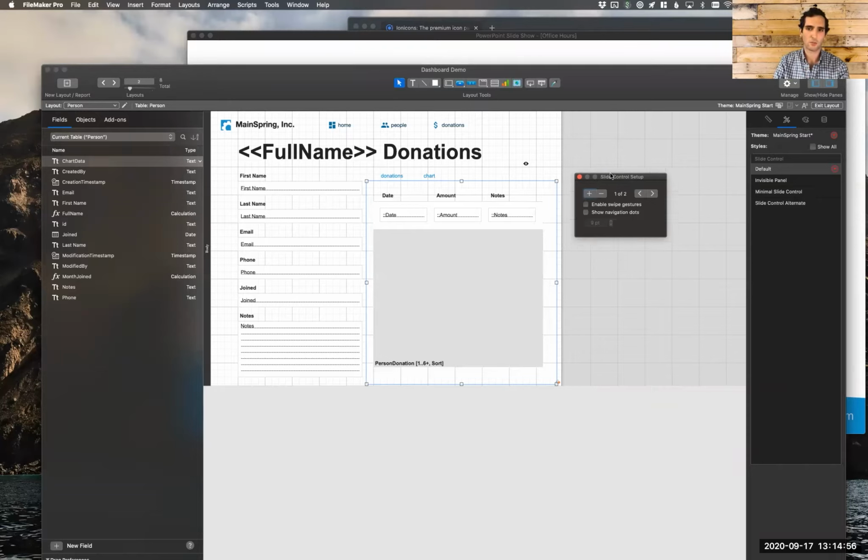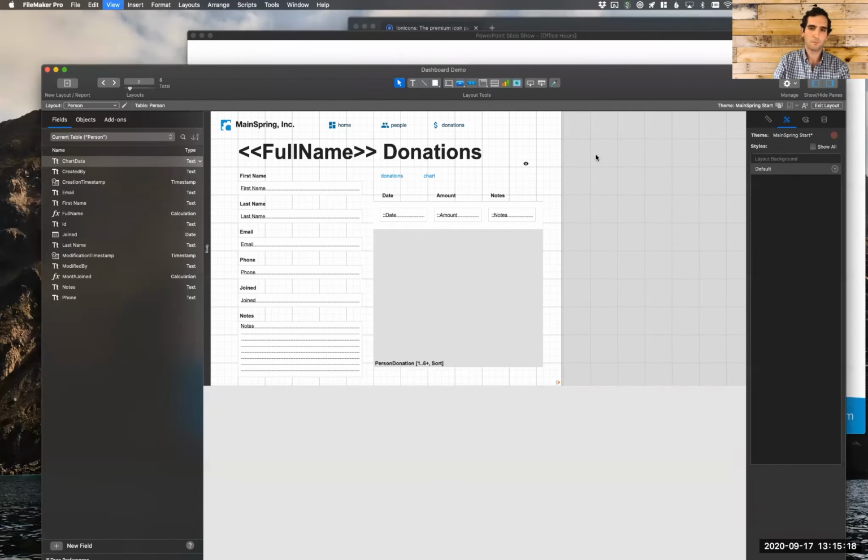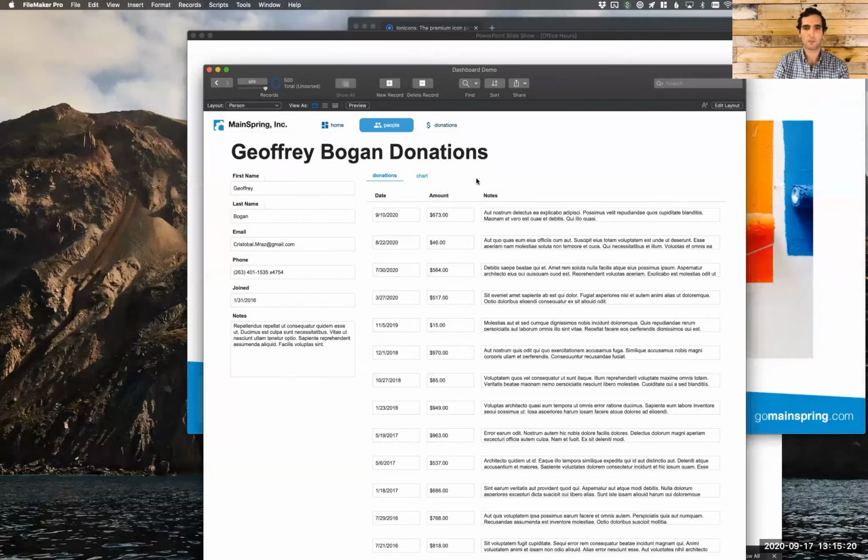And slide controls themselves are a much simpler object, especially as it relates to WebDirect for FileMaker to render. So it's a special case, but I feel like it's worth mentioning that it could potentially save you a second or whatever of time and impact your performance. Maybe not noticeably, but